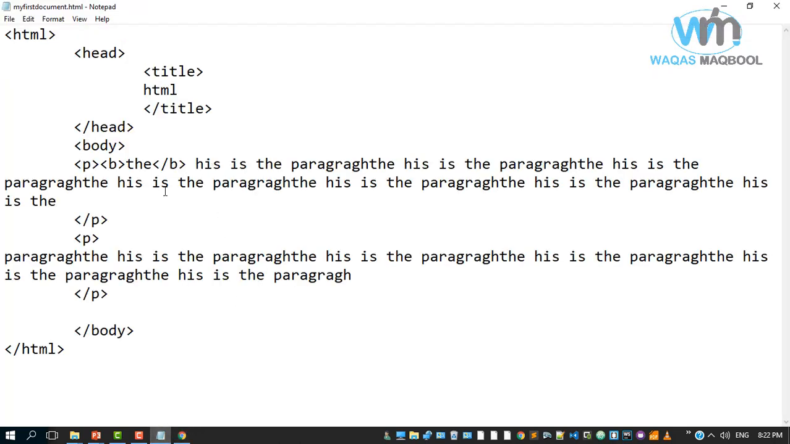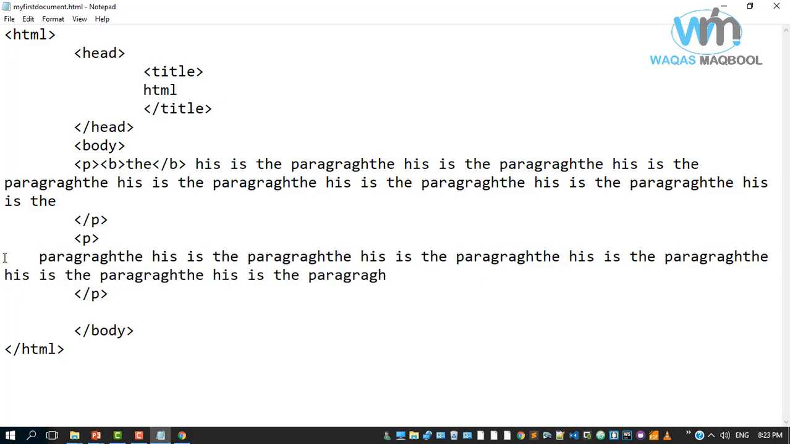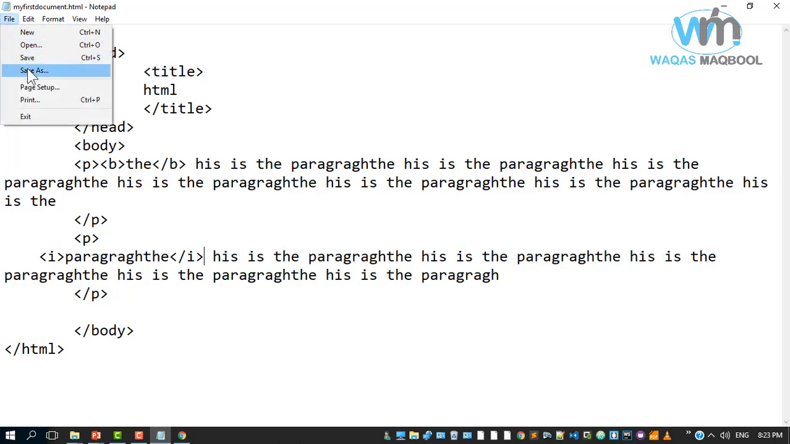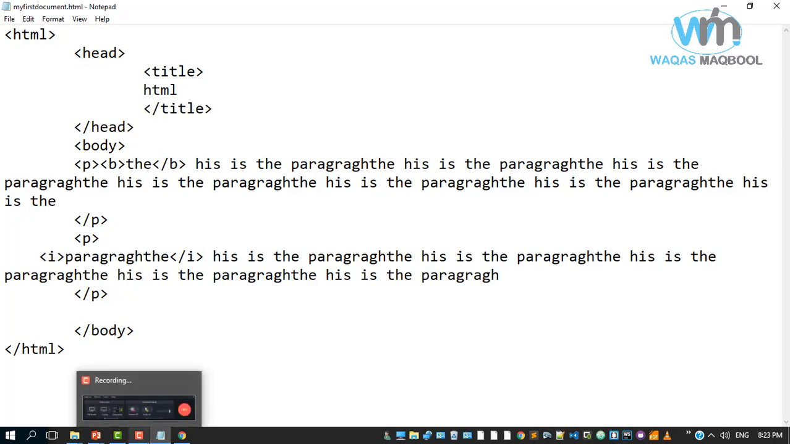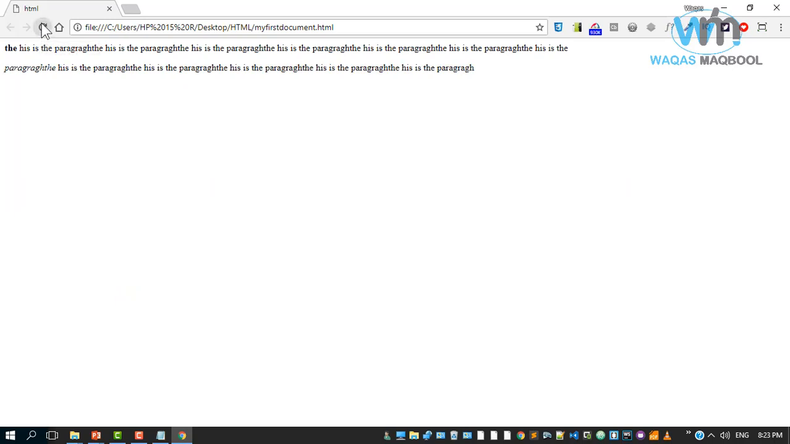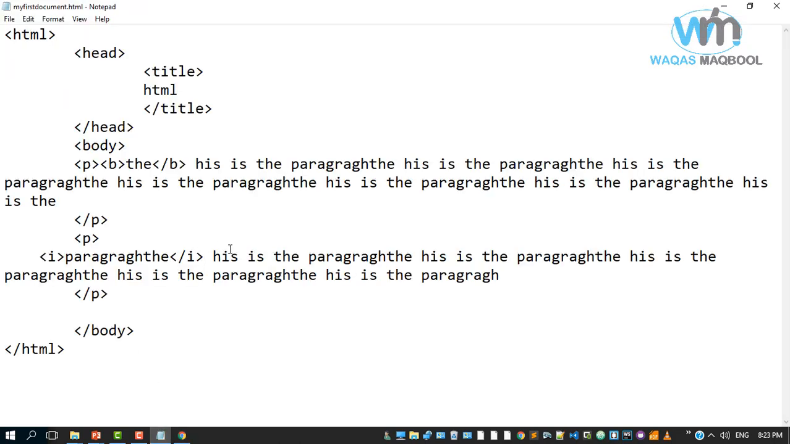If I want to italicize the text, I am going to add the i tag for italic text. I tag open and the i tag will be closed here. File, save and reload our page. So you see the paragraph text is italic,